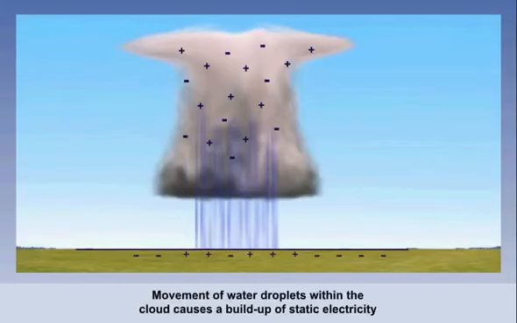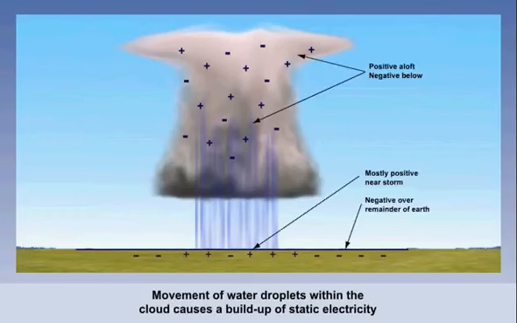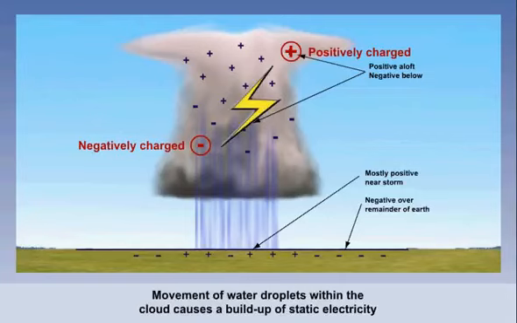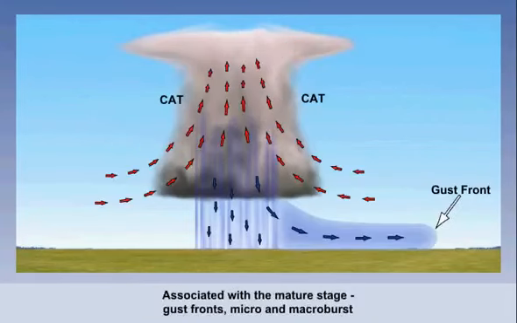The rising and falling water droplets, hail and snow produce a build-up of static electricity. The top of the cloud becomes positively charged, and the lower part negatively charged. The build-up eventually leads to lightning discharge and thunder. The mature stage usually lasts for around 20 minutes, and some of the characteristics associated with this stage are gust fronts, microbursts, macrobursts,